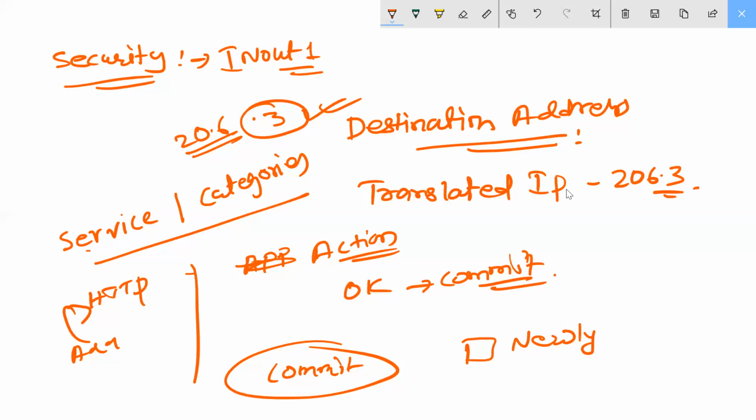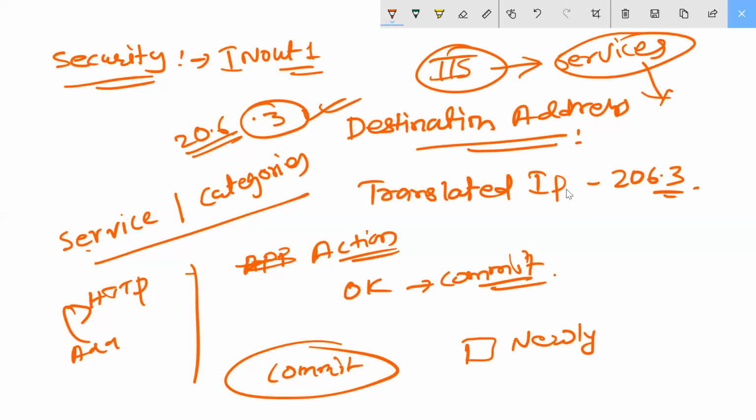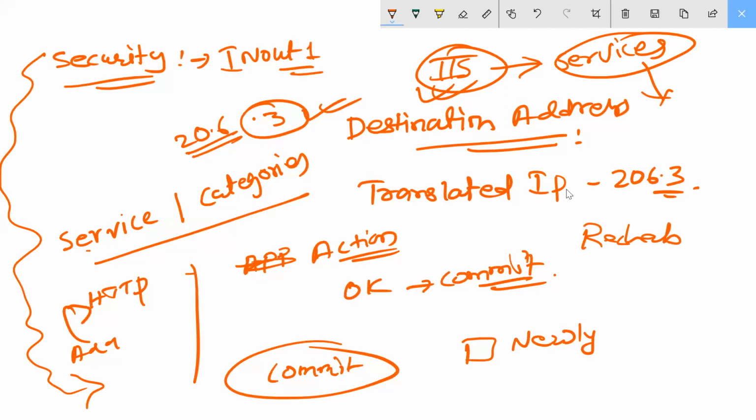Not opening. In the server we have the IIS service. If you work on the server, we have to enable the IIS services. Then if we open this, it will work properly. Understood? Otherwise, this is the correct way, 100% the only translation way. This should open from anywhere, from outside to inside, and we have the reachability. Apart from that, nothing is there. It should 100% work.